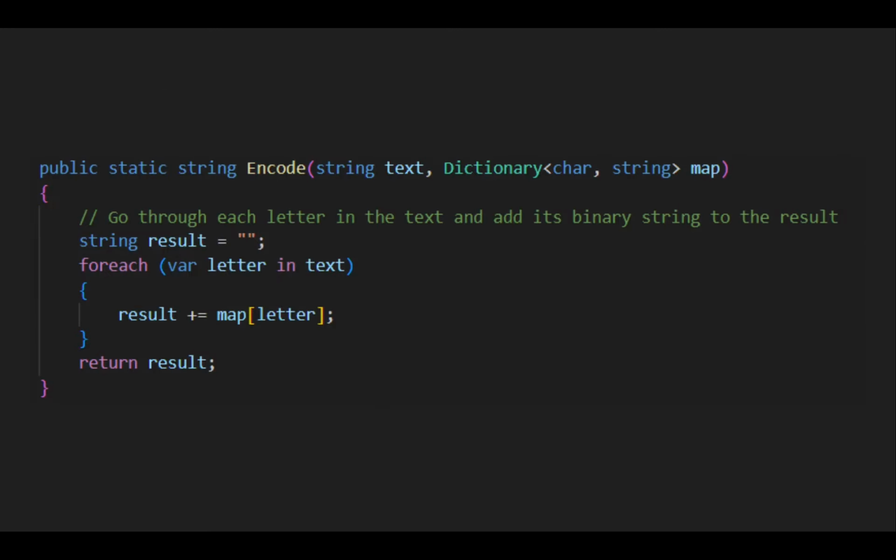So now that we have the encoding map, we can then encode the text, and we'll pass in the original text and also the encoding map that we're going to be using for this. We're going to go through each letter in the text, and look up the encoded value within that encoding map that we just created. Then that's going to return the result for each one, and then return the final value, which will be a bit stream of